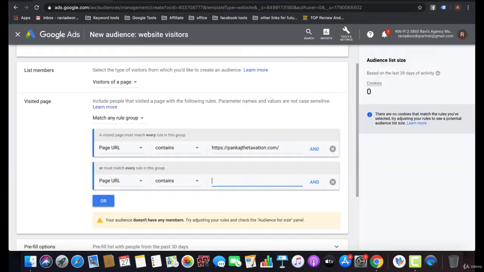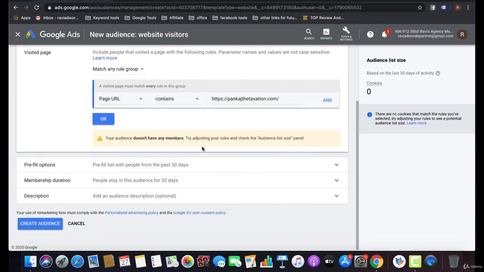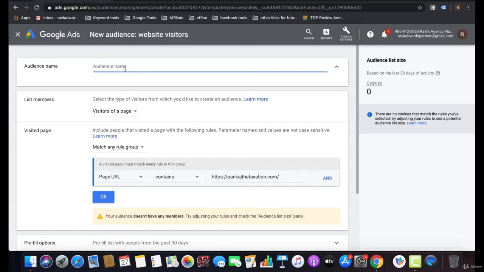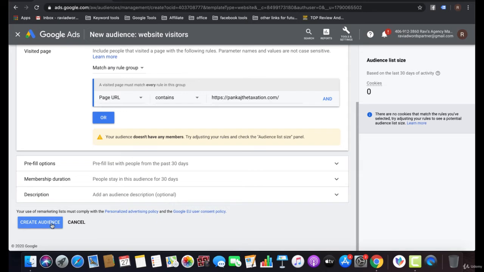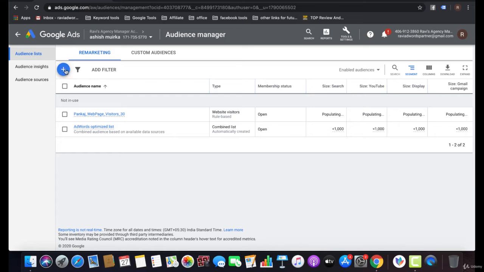I'm going to submit that as well. Okay, that is my website visitors who match this rule. People who have visited my website in the last 30 days are in my RLSA, and I'm going to name that audience 30 days. So create an audience, and that's how you can create your audience for a particular action.